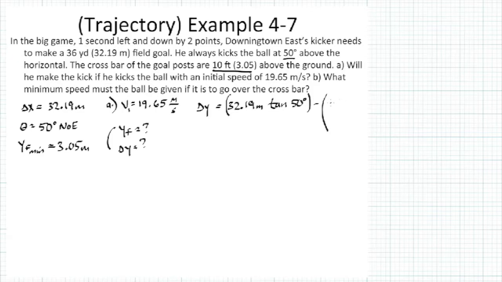Minus g, which is 9.81 meters per second squared. And by the way, if you put negative 9.81, that would be a plus out front, but just do it the way we have it in the notes here. Times our displacement squared. So that's 32.19 meters, that value squared, all over 2 times our initial velocity, right? So that's 19.65 squared, right? And all that times